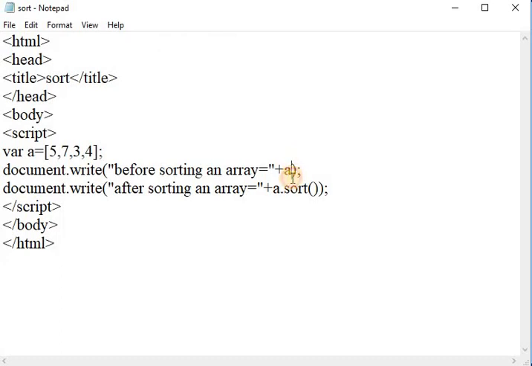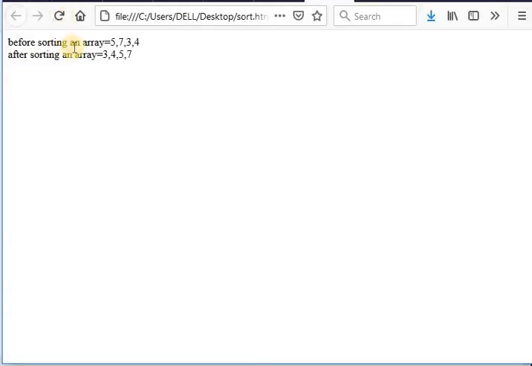Here in this code, you use the break tag for a new line. Save this file again and see the output. Before sorting, the value of the array is 5, 7, 3, 4. After sorting, the value of the array is 3, 4, 5, 7.